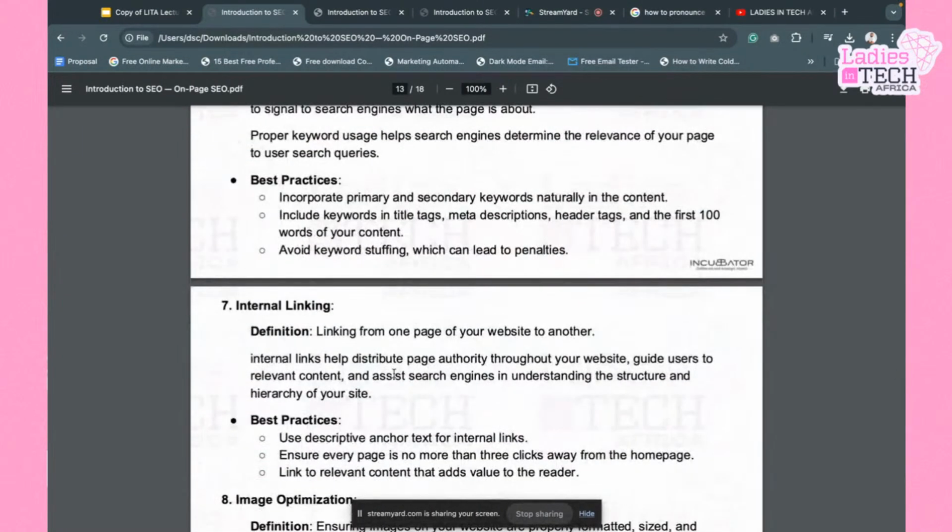Now, I want to look at internal linking. Internal linking, what does this mean? It means linking from one page of your website to another. This happens within your website. So if you have a couple of blogs that are related to each other, you can use internal linking to link these blogs together. I remember while I was talking about this, I made a couple of examples where I showed you some websites